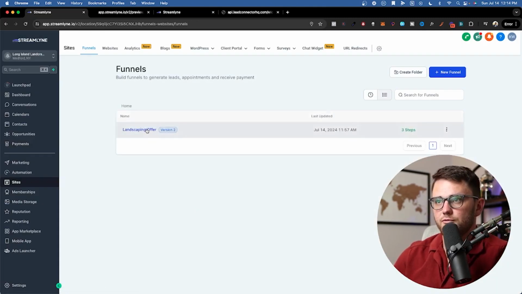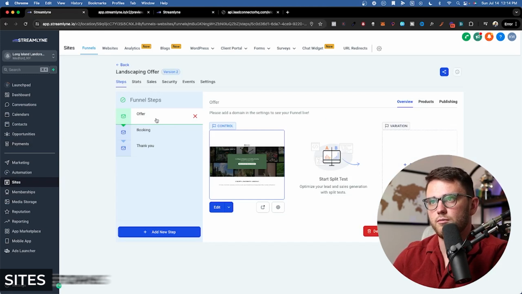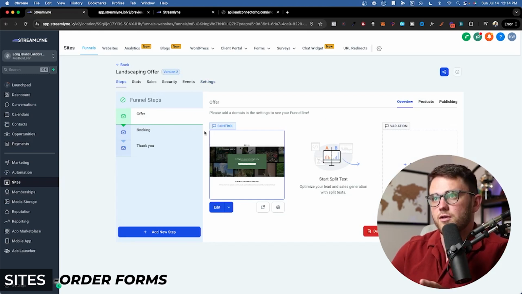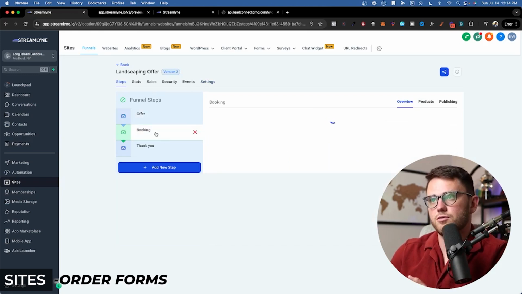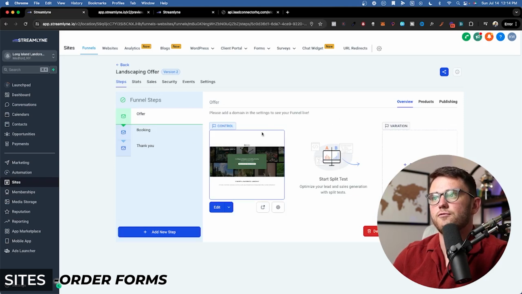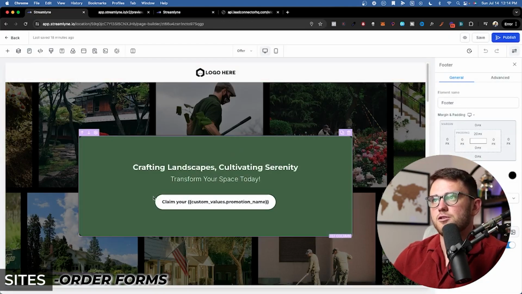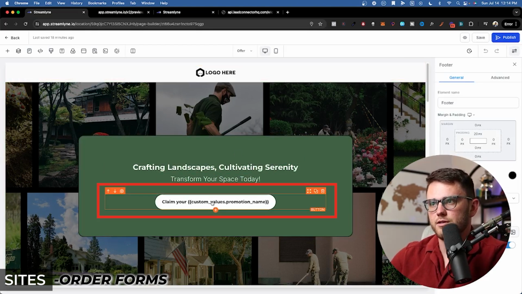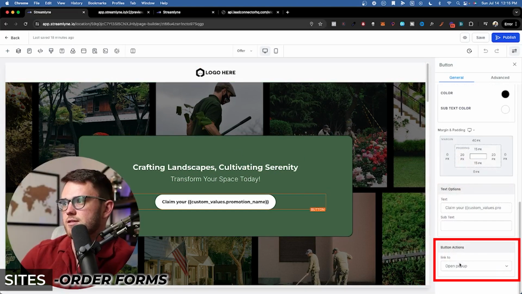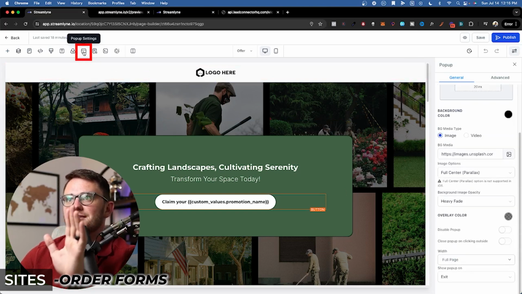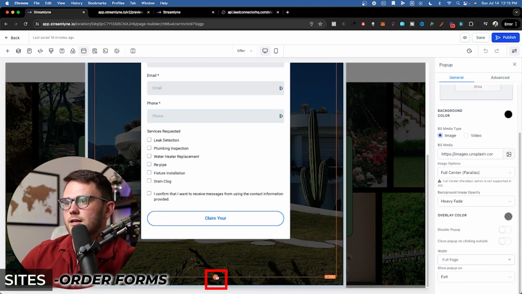Now, the last type of form I'm going to show you here is an order form. Now, as we saw just a few minutes ago, this funnel has a form that they have to fill out to go to the next page. But let's say instead of a free offer, here on this page, we were doing some sort of paid design or something for our landscaping clients. I would come in here to this funnel page and I click here, and this button, as we can see, opens the pop-up. Don't worry if you're lost right now, but I'm going to hit pop-up and I'm just going to hit plus